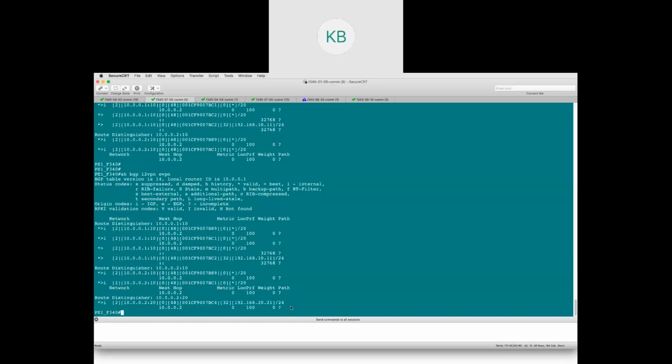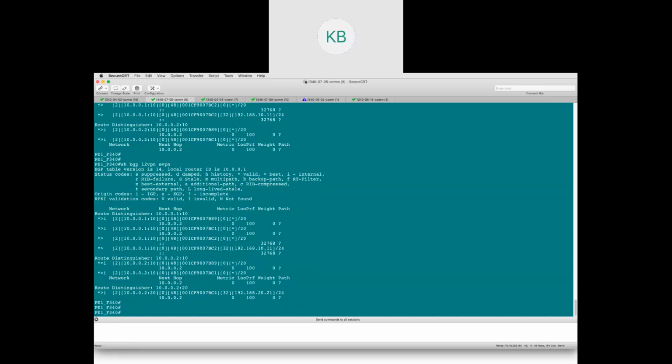So that's the reason it was not there. But the moment it started sending some traffic, now I can see that 20.21 is now populated in my table. In this particular 10.0.0.2 route distinguisher table. And the interesting thing is, if we do a show BGP